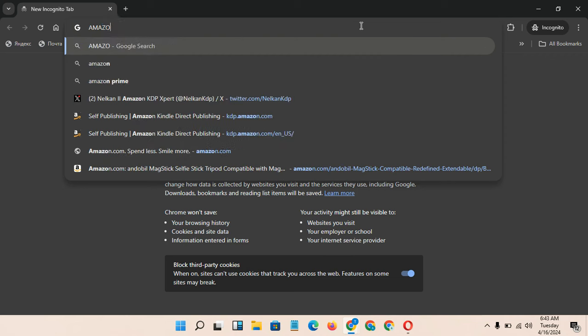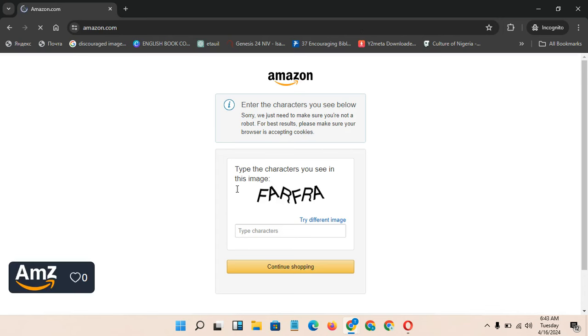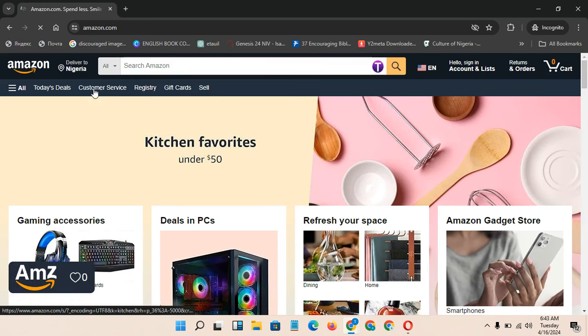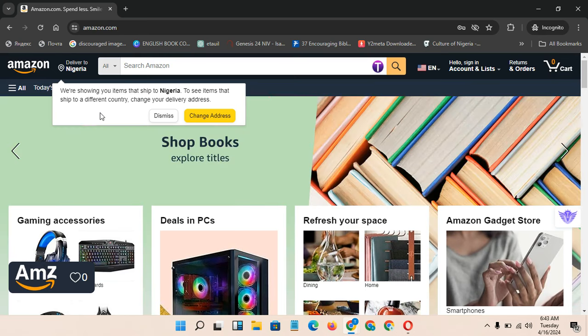come to Amazon.com. Once you get to Amazon.com, like I said, there is a security check. They say we should write the code. It's a one time thing. Click on it, continue shopping. Once you get to Amazon.com, it will show Nigeria, but for us to be able to see what they want to sell to foreigners, let's say we are in the US and we want to see the book suggestions you want to search for,